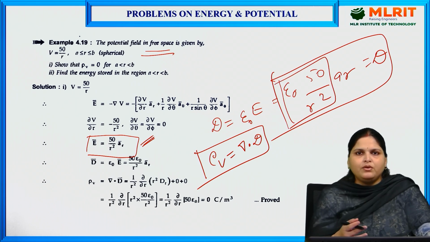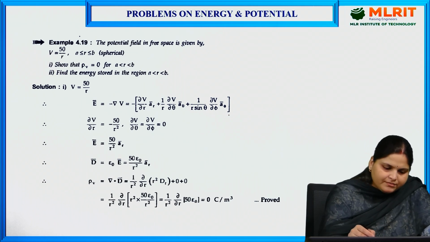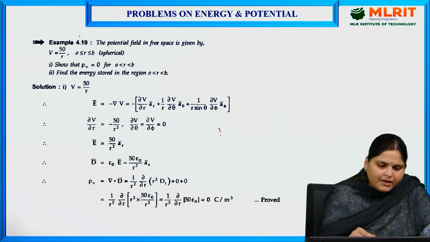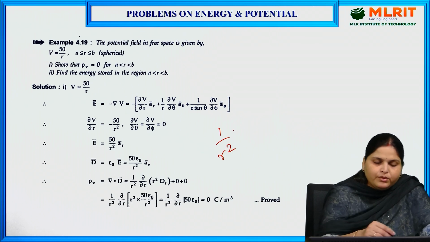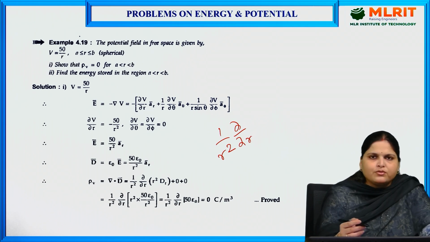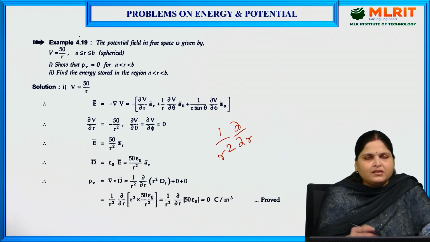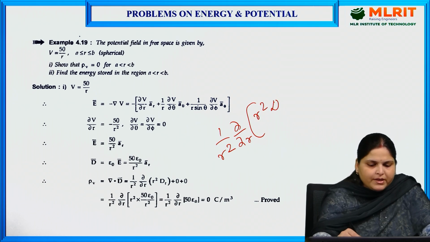Let us now take the divergence of D, where this constant factor stays outside and we have to use the divergence formula. As per the available term, because only the r term is there, the theta and phi terms will become 0, and here we have r square Dr,